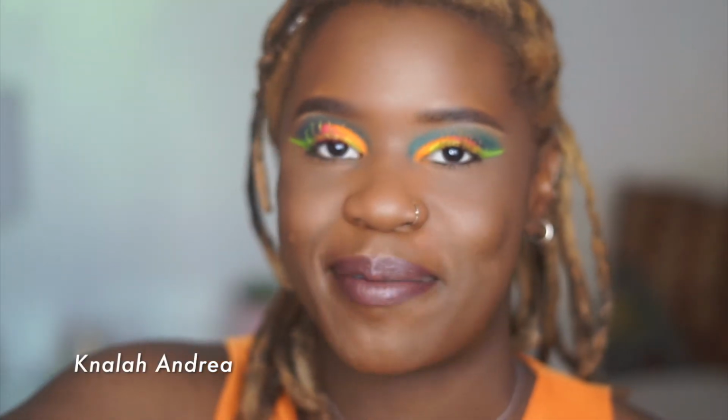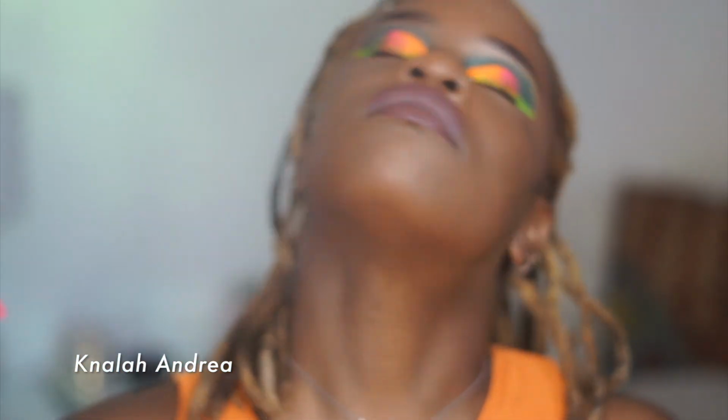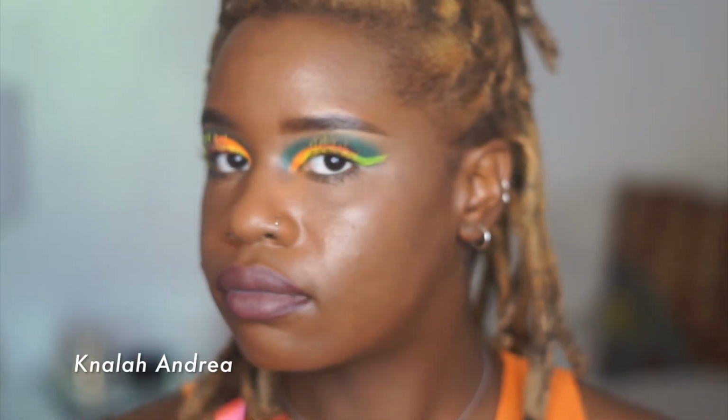I love this lip combination together. It's so natural and cute. Setting spray, I like to use the NYX matte finish. I like to drench myself, and I've enjoyed this look because it was just too cute, and it's springtime